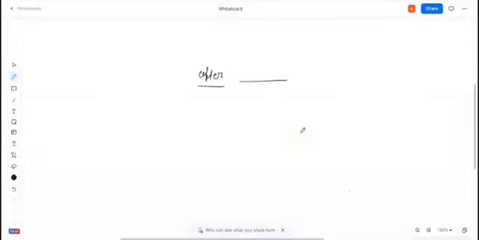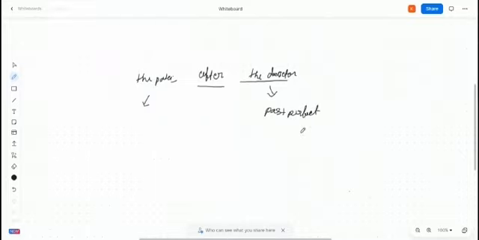Here we use about the doctor, and here about the patients. I'm just trying to explain it to you. If I say it in Hindi, the doctor had come first, and after that the patient died. Are you getting me now? The doctor's arrival happened first, that's why I used past perfect here. And after that the patient died, that's why I used past indefinite here.